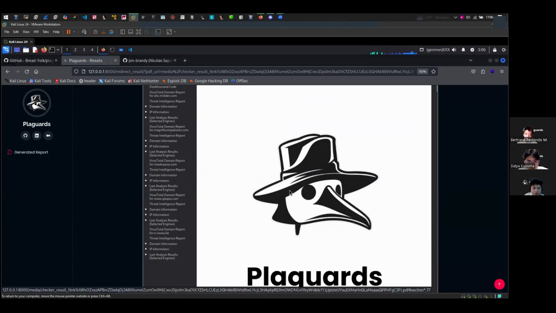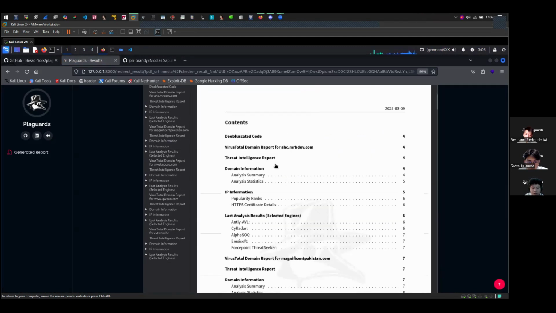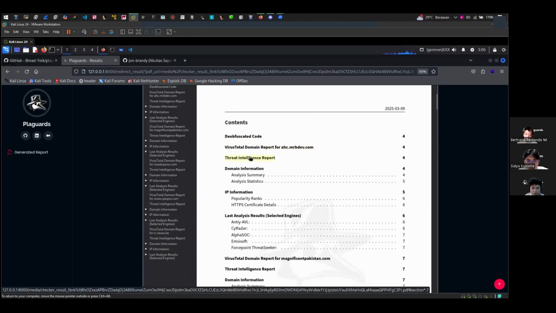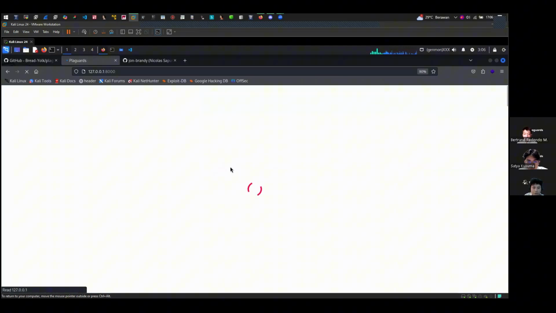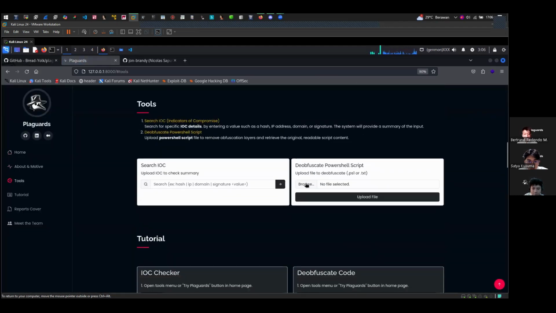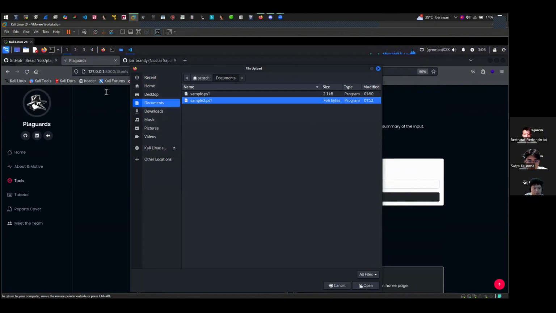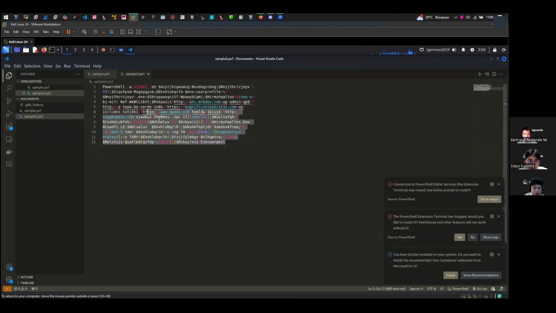And here is the list of contents. As I mentioned previously, you can also navigate through the document with our list of contents section. But as you can see, the result is not beautified at all. It's still not easy to read. There is still syntax like backticks. So you may upload it once again, this time Sample 2, which is the previously deobfuscated script.